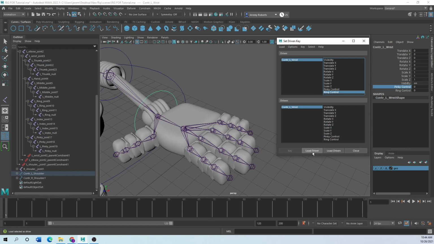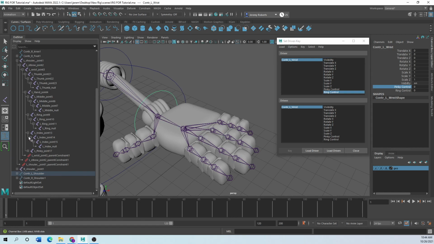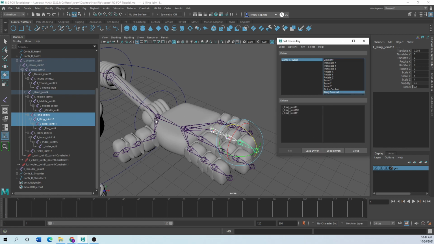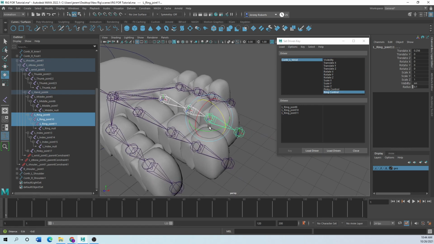So now we need to select driven. Well, it's going to be these 3 joints right here. So I'm going to go over to my ring joints, and I'm going to select them over here because it's kind of hard to select them over there. And I'm just going to select those 3. I'm not going to select that null because I don't care what that null does. So this is going to be my driven, load driven. Those joints come up. So now basically what we need to do is select what state these things are going to be